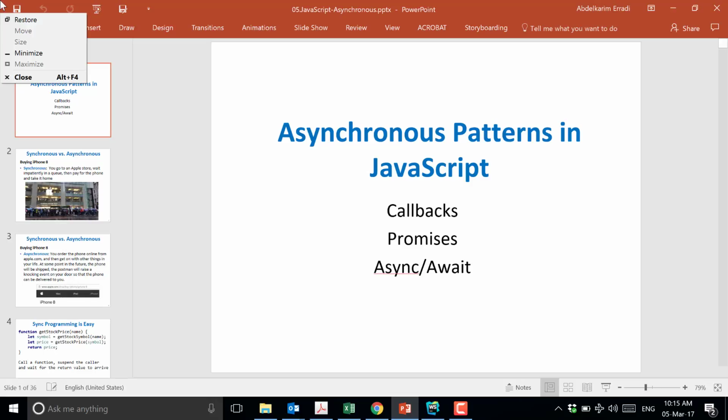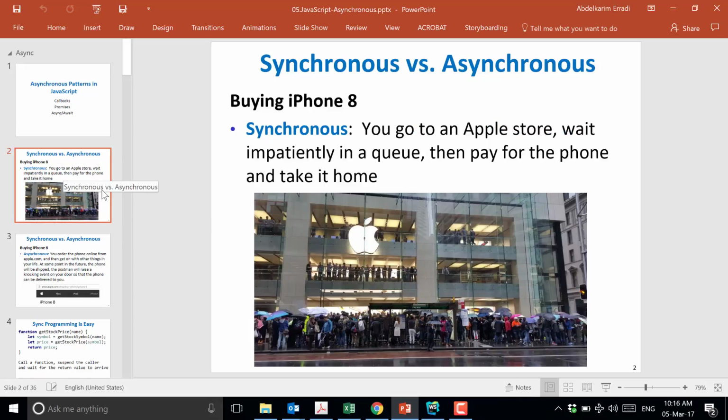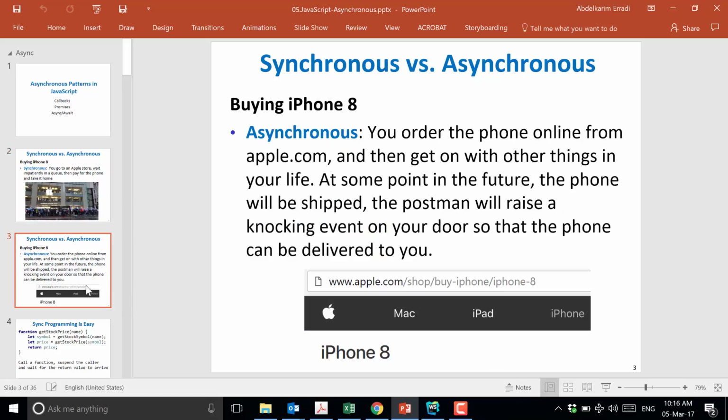Yes? So there is this concept of callback. When it's ready, they will call you. You initiate the request, you go on, do other things. When what you have requested is ready, they will call you back. See, this is the difference between synchronous and asynchronous. So that's basically the concept. So this is buying the phone using a synchronous way, and this is buying the phone using an asynchronous style.